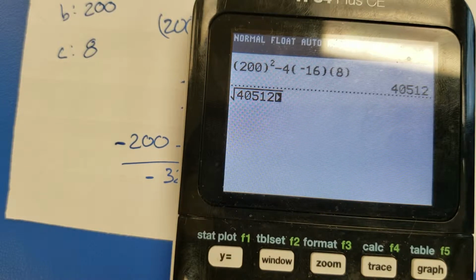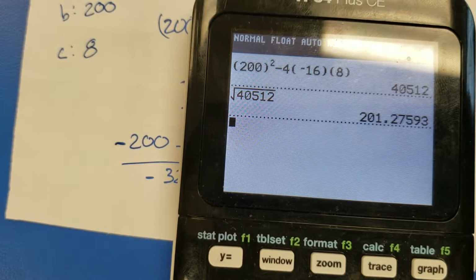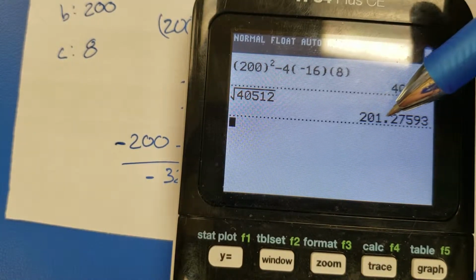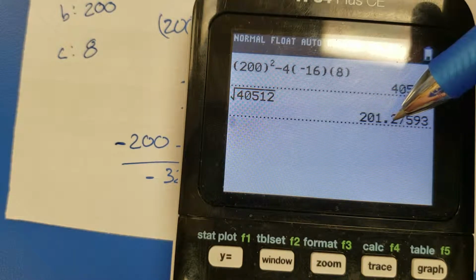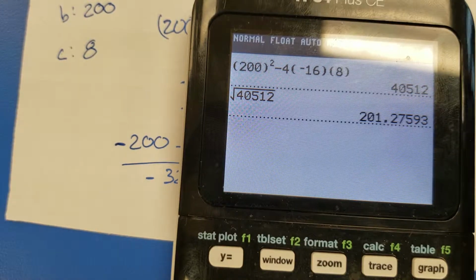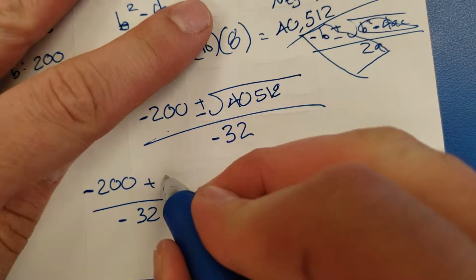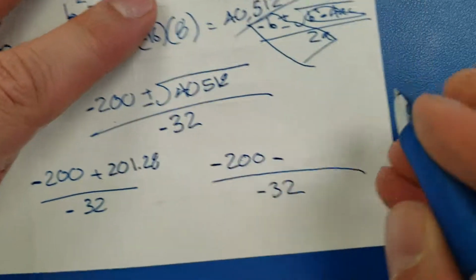405, 112. Hit it. 201.27. Now, if I want to be super duper crazy accurate, I probably want to go at least 2 decimal places. So let's go 201.28. Yeah, here we go. Plus 201.28 minus